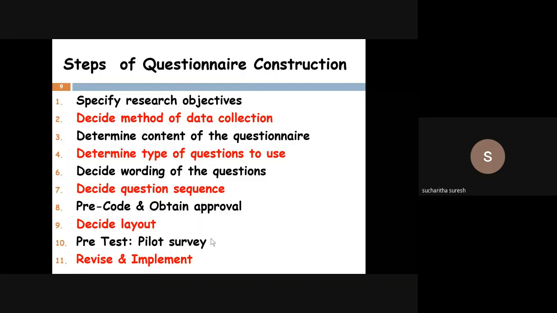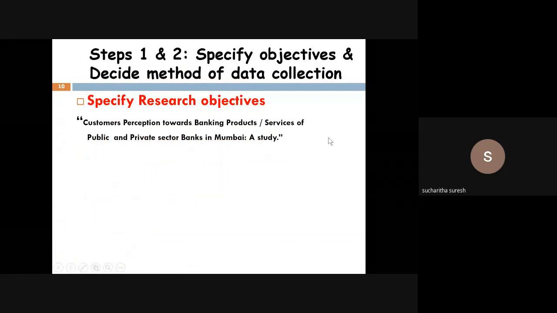All right. So these are the steps. There is some numbering. There are 11 steps, but it shows actually 10 steps. Here 3 and 4, and 5 is missing. So these are 10 steps. But the first 2 steps we already do in our research process, so only 8 steps are there. First we find out the objectives, and then data collection, and then we proceed with the questionnaire, right? So step 1 and 2, let us consider them done.